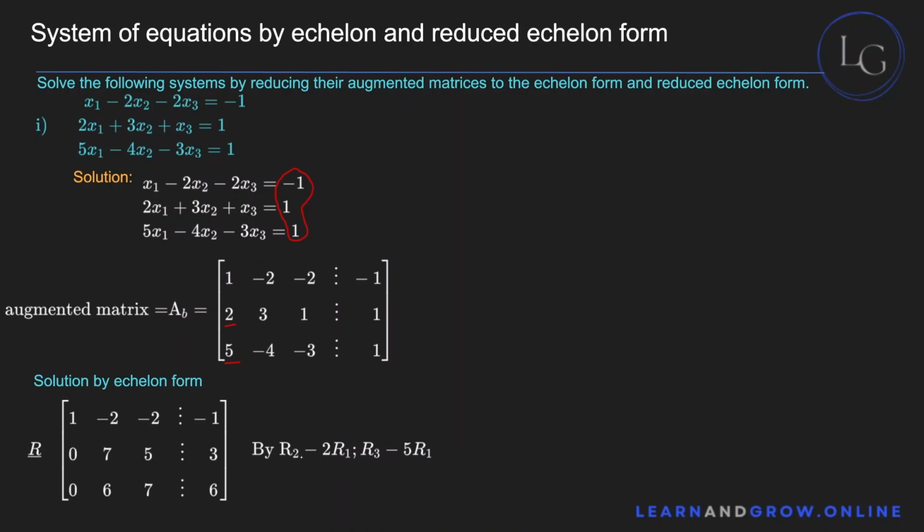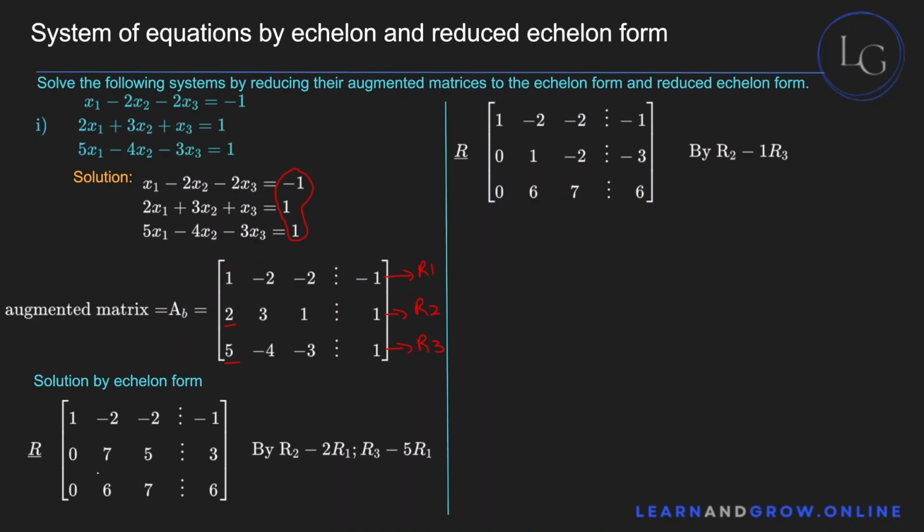2R1 from R2. Just to be clear, this entire row is R1, this entire row is R2, and this entire row is R3. So subtracting 2R1 from R2, you get this row. And then you subtract 5R1 from R3 to get this. And so now you have two zeros here instead of 2 and 5. So the next step now is